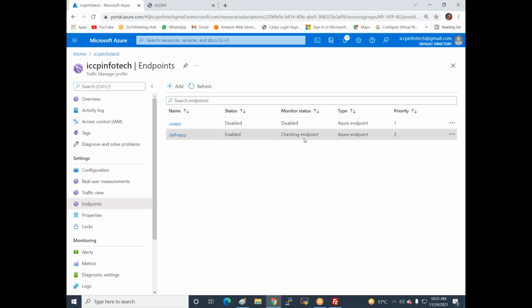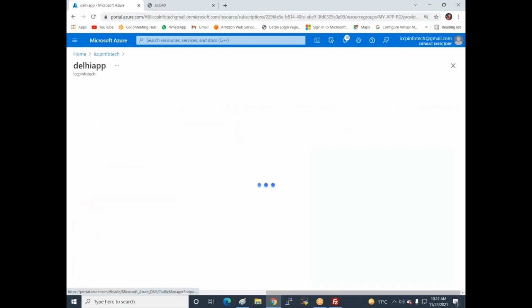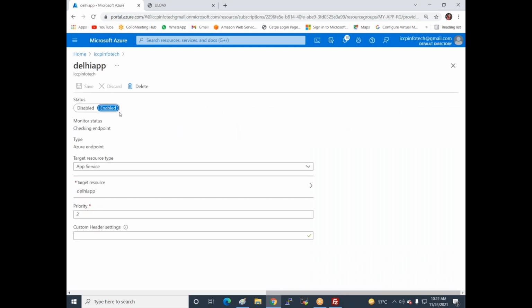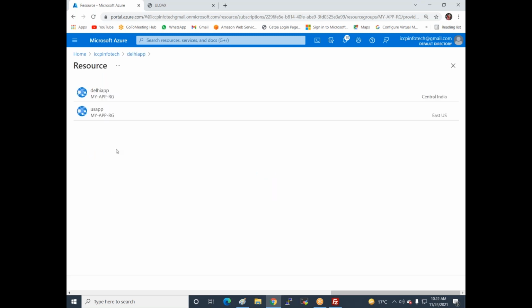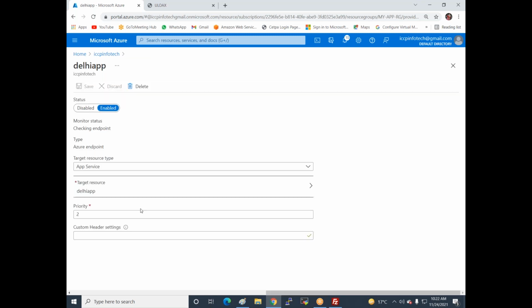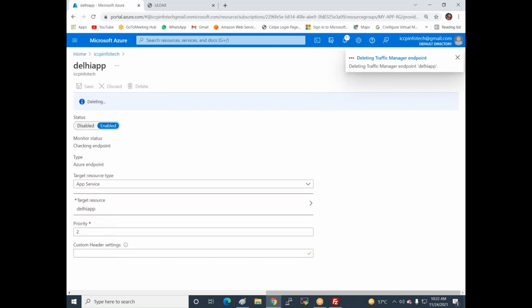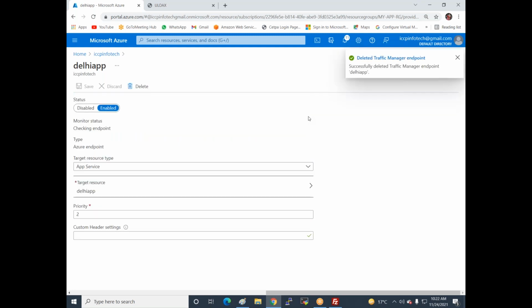Now the status is checking the endpoint, so I click on the Delhi app and app services. The target is Delhi app, there are the US app and Delhi app. I click on the Delhi app, priority is 2, and now save. I'm deleting this one and creating a new app service, a new traffic manager rule again.